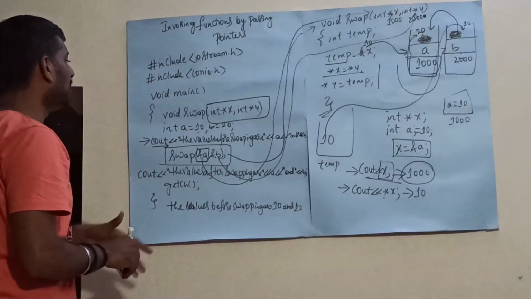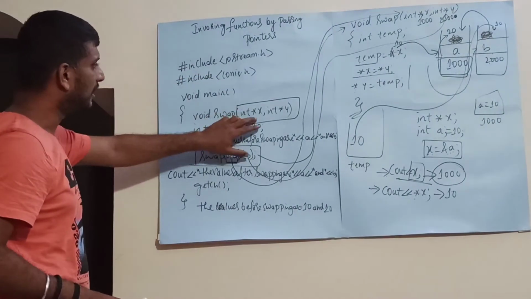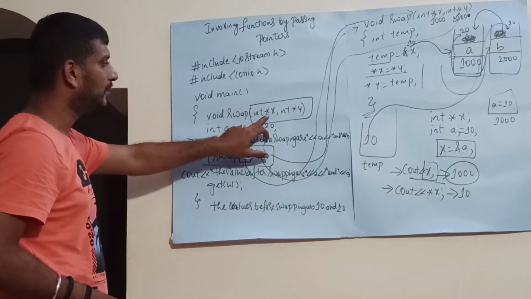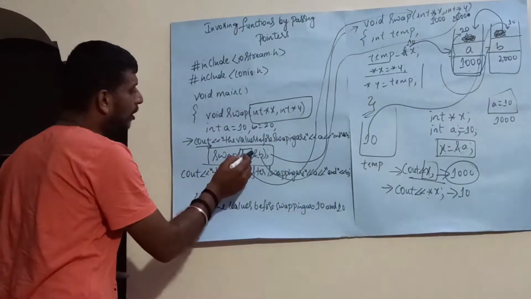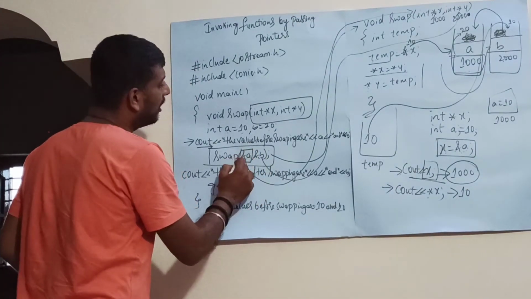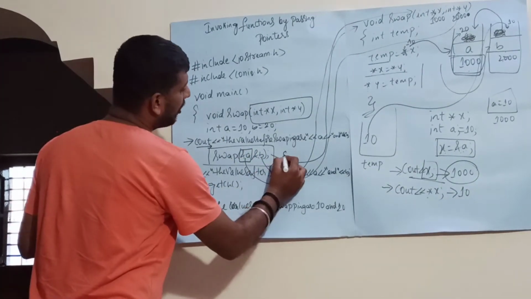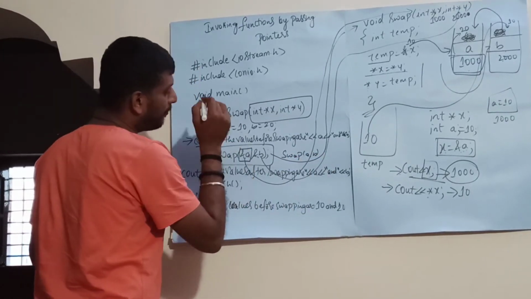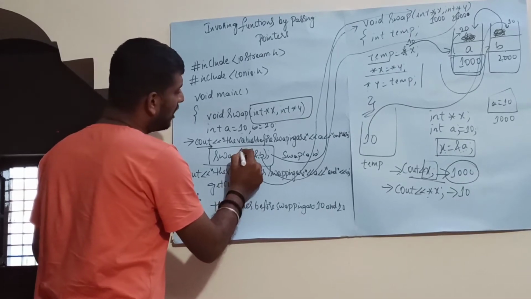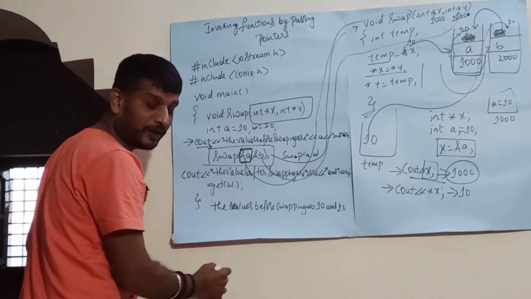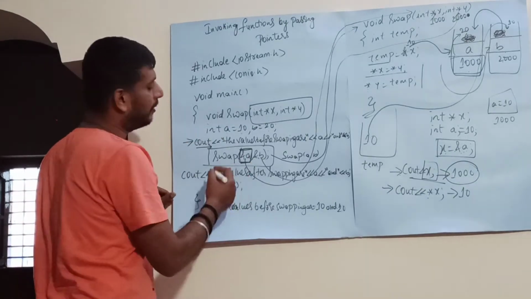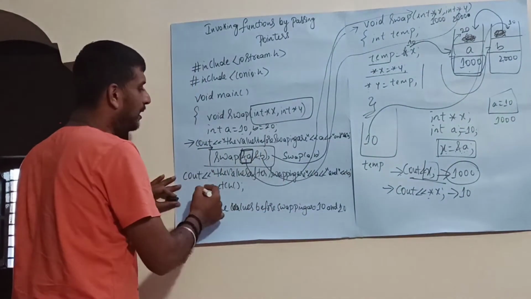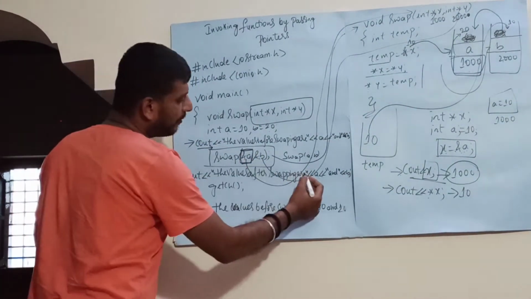Now, I will explain it once again. Instead of passing the value of the variable as an argument, I am passing the pointer as an argument. Whenever you are passing the pointer as an argument, in our previous example, you had just written swap of A and B. Here I am passing the pointer as an argument, so I have to pass the address of the variable instead of the value of the variable. Next, I am displaying the values before swapping. After that, I am displaying the values after swapping.